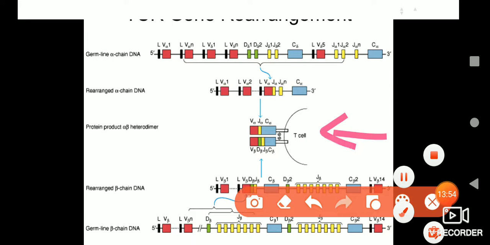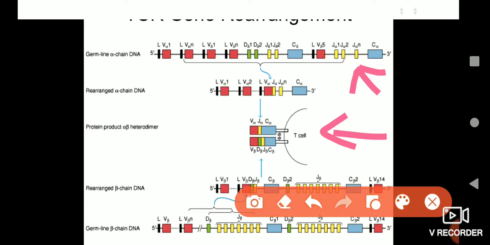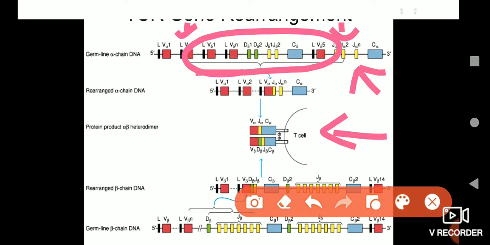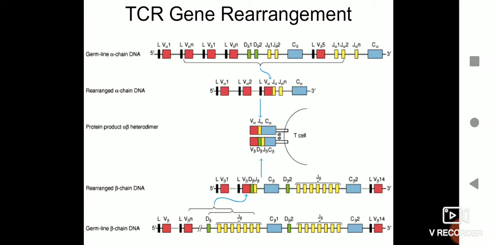What you are seeing here is a T cell which is expressing the T cell receptor, and here you are seeing a gamma chain. In the gamma chain, this region and this region are joining during the rearrangement. So this entire portion is removed or deleted, and this region joins with this region, right? That leads to formation of a totally new gene which will have a different sequence.